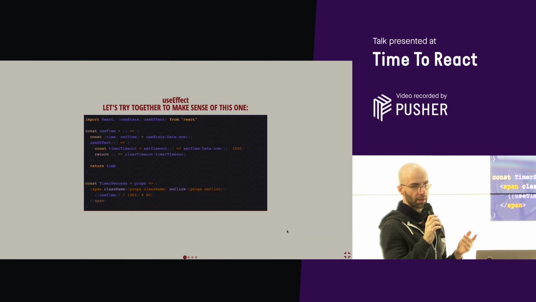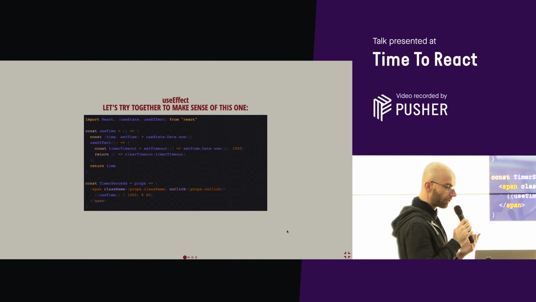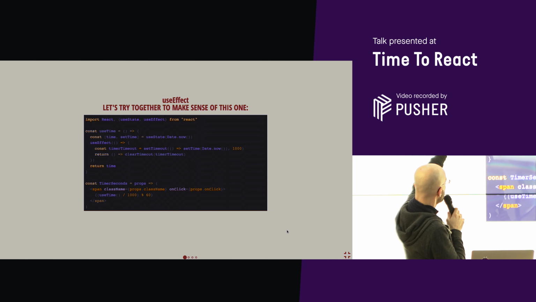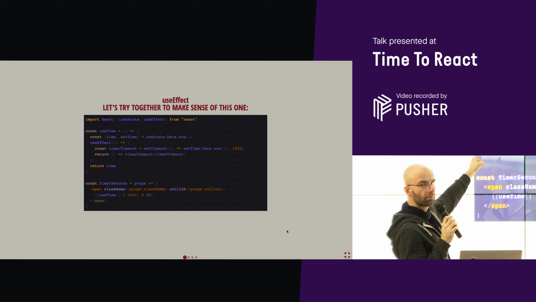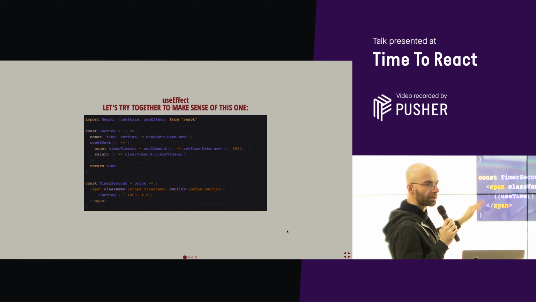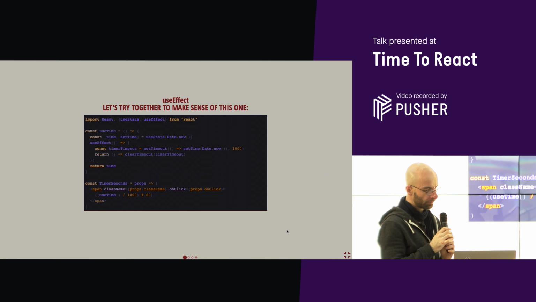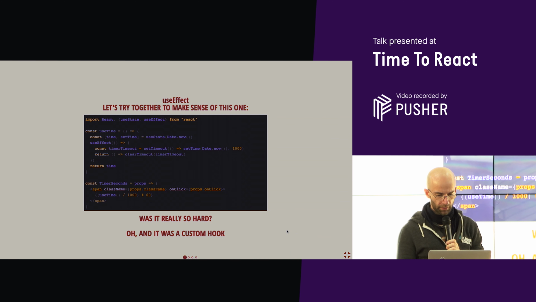We were discussing doing something which can change our state that we can export and so on. Well, gentlemen, useTime is a custom hook. So it's a function which allows us to do some changes. You see, I declare it outside a function component, but I will use it inside a function component. So the rule is respected and everything should work just fine. Now, was it so hard? Well, maybe a bit, but not as much as I would have expected.